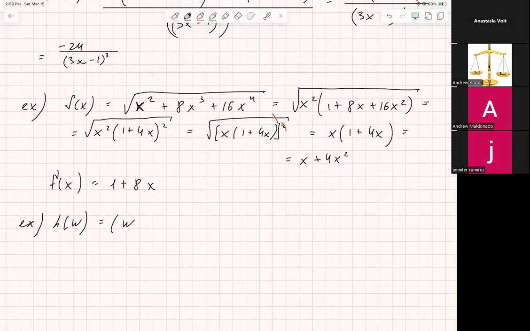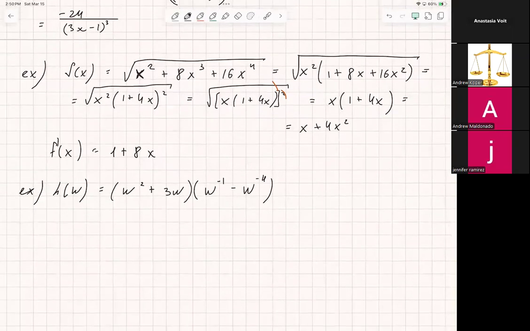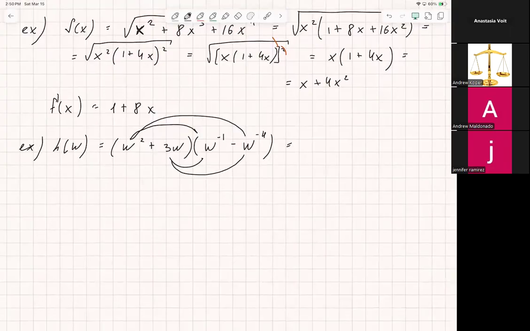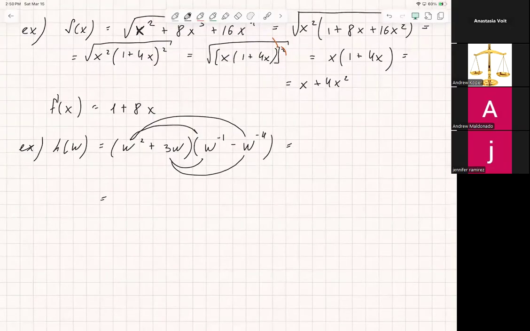Okay, so let's say we have (w squared plus 3w) times (w to the power of -1 minus w to the power of -4). Okay, so again, two ways. First way is to FOIL first and then use the power rule. So if we FOIL it first, we get what? We get w squared times w to the power of -1. So we have w to the power of 2 minus 1, that's just w to the 1, right? And then